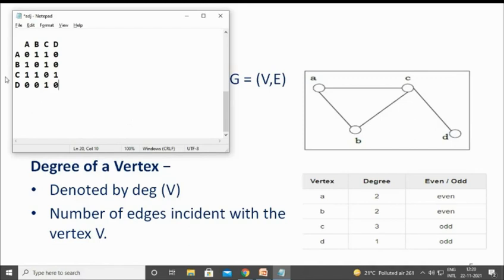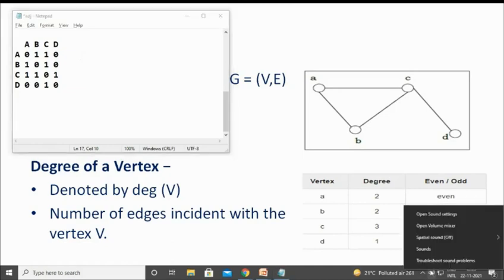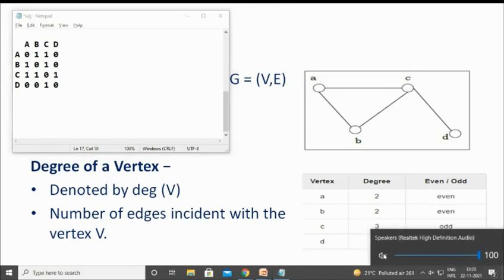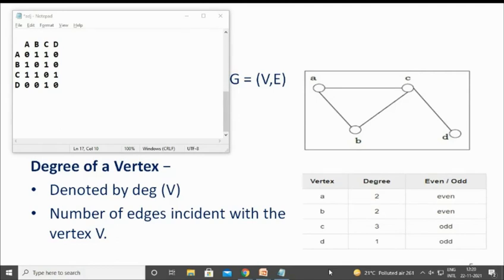Now, the degree in the case of an undirected graph. After forming this matrix, how do you identify the degree of a vertex programmatically? You just go through it row-wise and add all the ones, and you will get the degree. Clear? Either you can take the row or the column, there is no difference, because it is bidirectional.